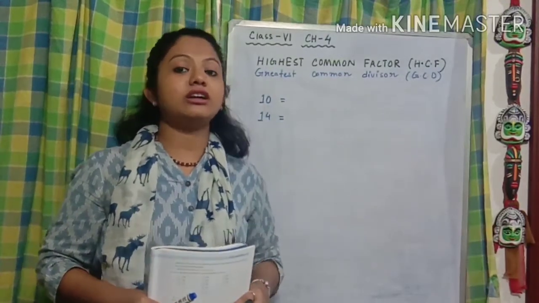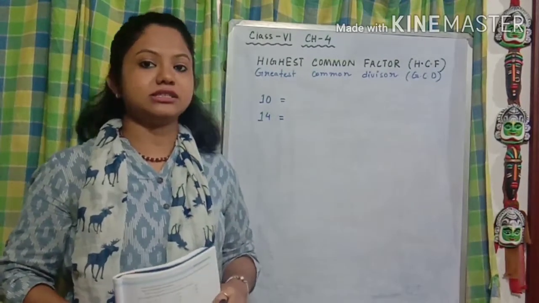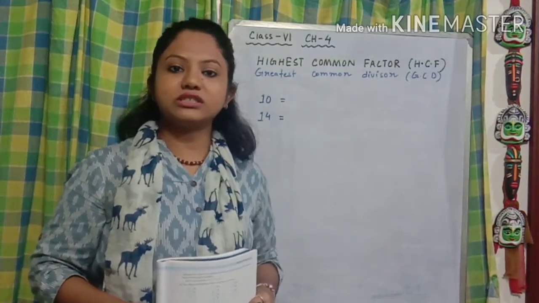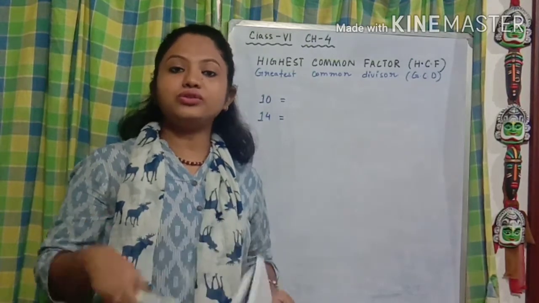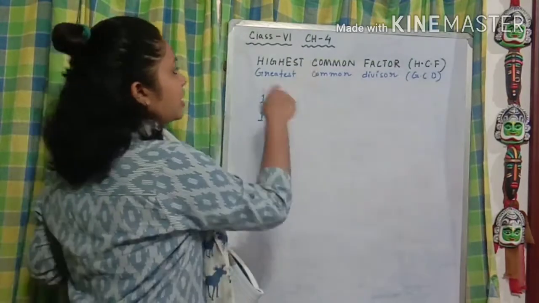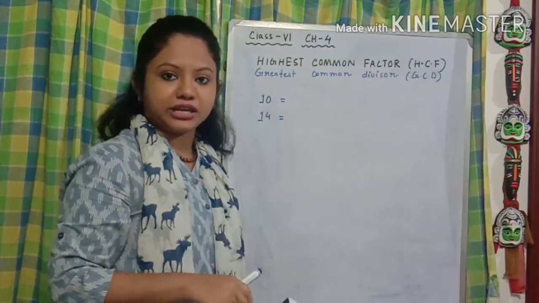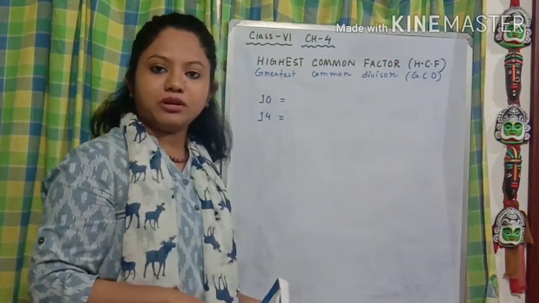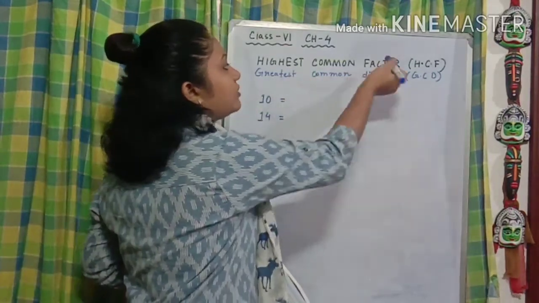So today in our chapter number 4, we are going to start with another new topic, that is the highest common factor or HCF. You have already come across this term, right? You have known also how to do this, but we are going to brush it up once more. So this term is called highest common factor. Why? What is the reason behind it? We know how to find the factor of each number. We have already learned it. So why are they called highest common factors?